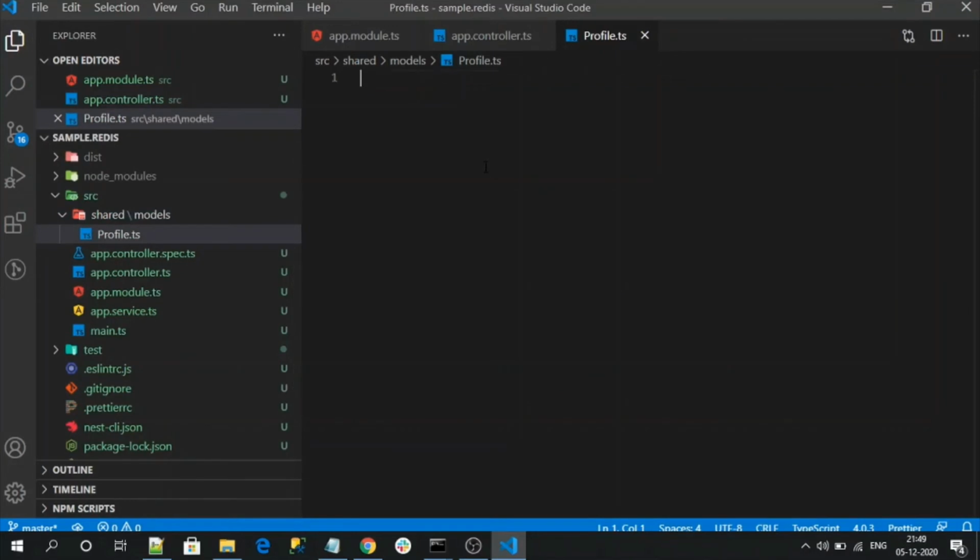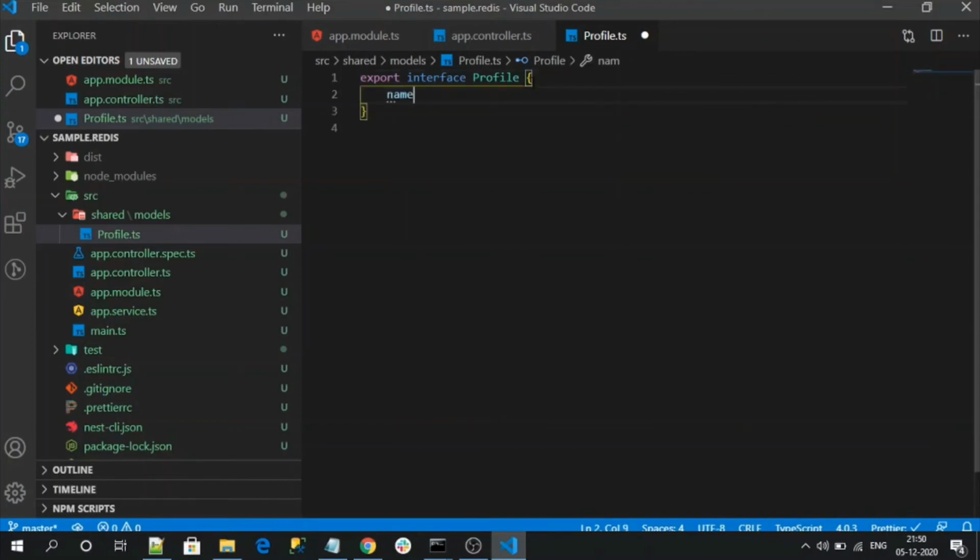So this is my dummy model. These are the properties of my dummy model.